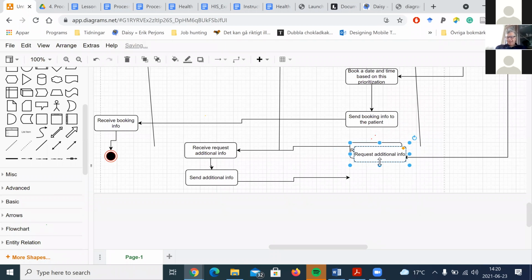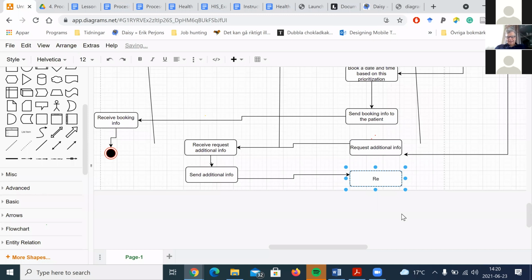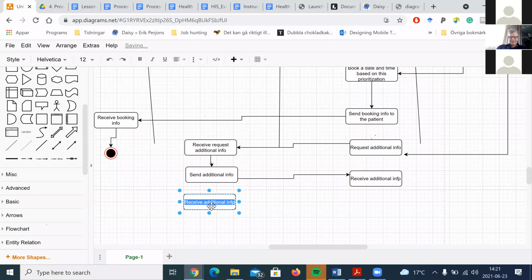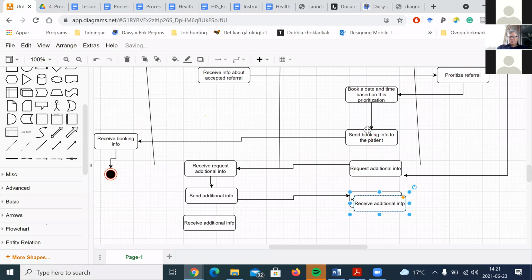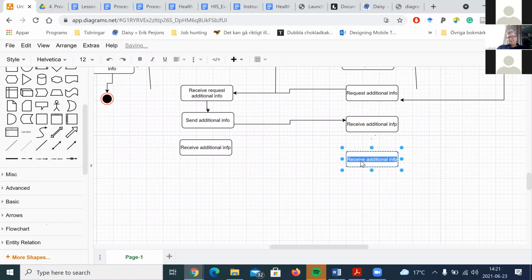Anyway, what's going to happen here is that the administrator at the hospital will receive additional info, and then notify back that the hospital received this. Receive notification. Oh, yes, we have to have one more there. Receive. Now, see if you follow. I will put this up so you can check it out later on. Also, I will be here at receive, exactly, notify